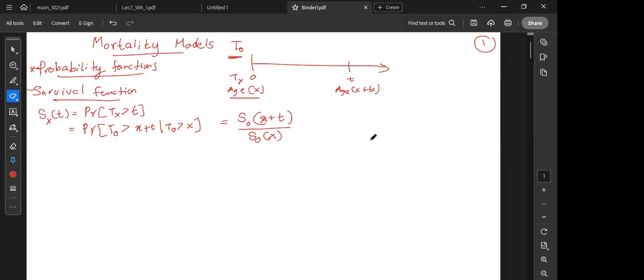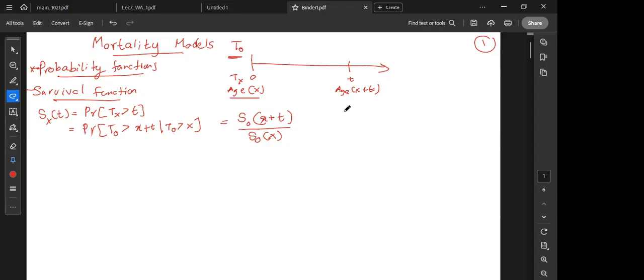Okay, so what I was describing, that the same survival function can be approximated using the conditional probability concept, where the event is surviving from birth to x plus t years, given that the person has survived for x years from the birth. So that is the basic definition for the survival function related to the time to death variable of a person who purchased an insurance product